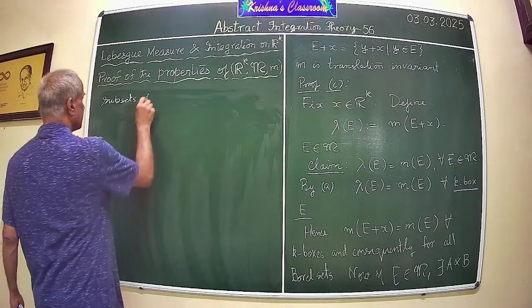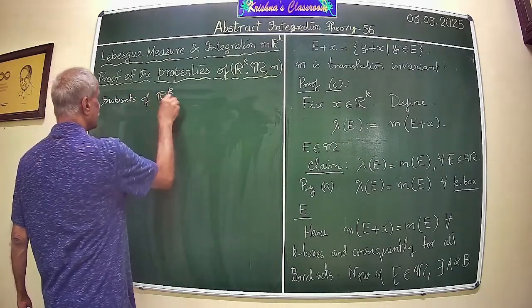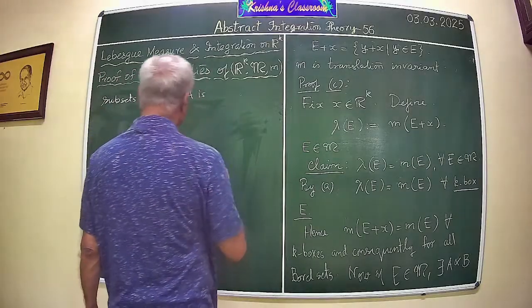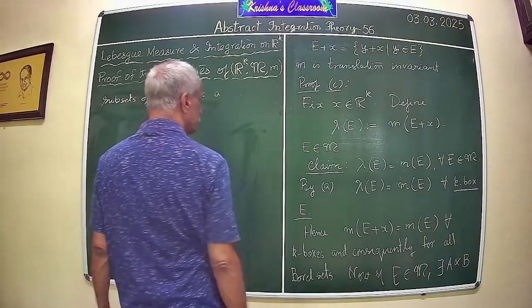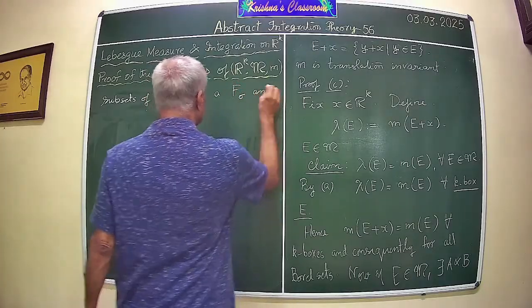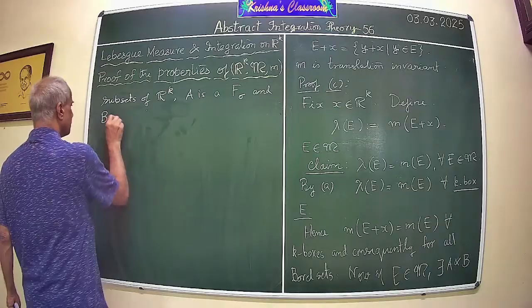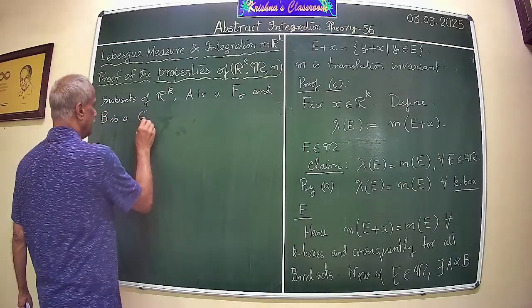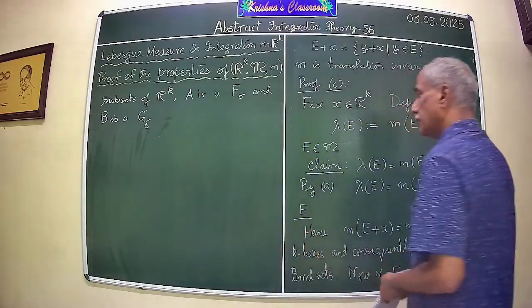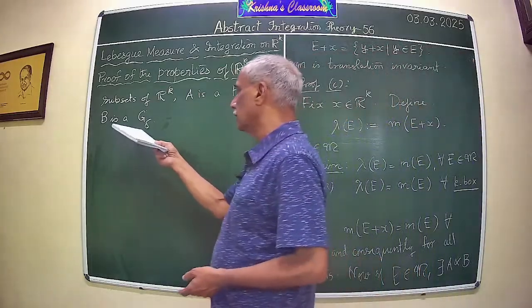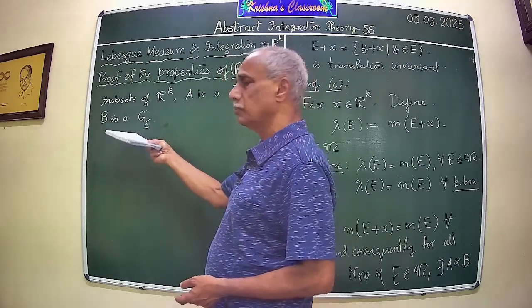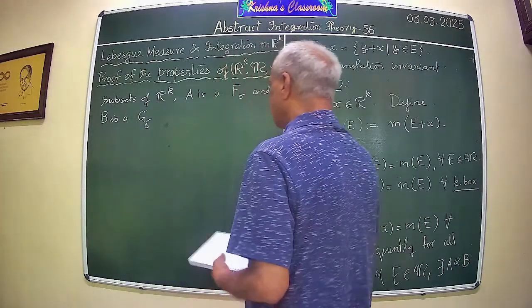A is an F sigma and B is a G delta. That means A is a countable union of closed sets, and B is a countable intersection of open sets, such that